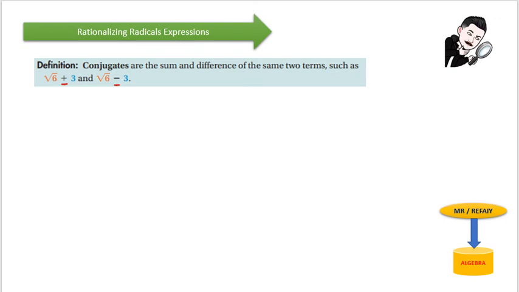Look, conjugates are the sum and difference of the same two terms, such as root 6 plus 3 and root 6 minus 3, which are called two conjugate numbers. Why? Because these two expressions are exactly the same, but the first one is positive and the second one is minus. So because of that, they are called conjugate numbers. Okay,